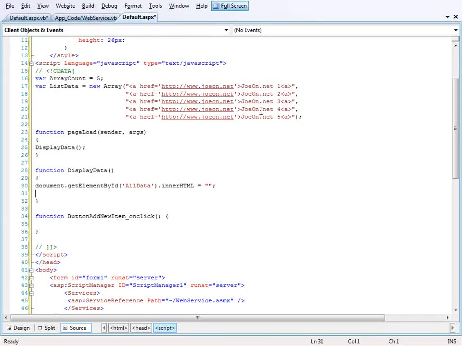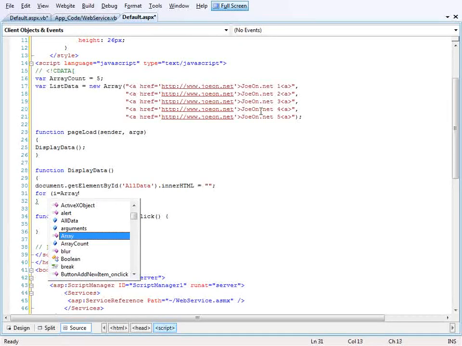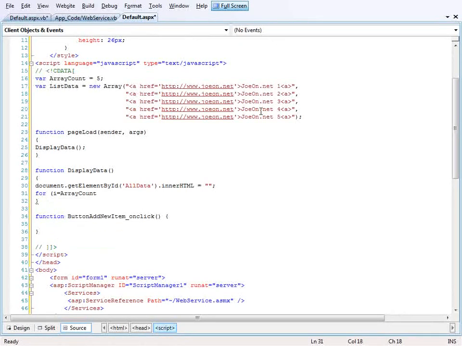And now we can just iterate through all of the items in the array. So let's say for I equal, and notice IntelliSense always wants to turn I into an if. So if you're an old C programmer like me, that'll throw you off. So I equal array count -1 to compensate for JavaScript's zero-based array system. And then I less than or equal to 0, and then I plus plus